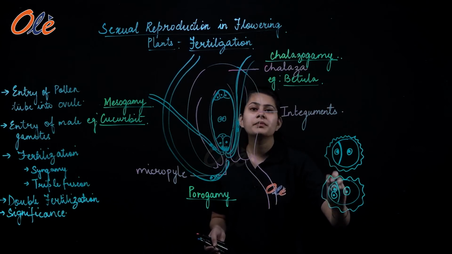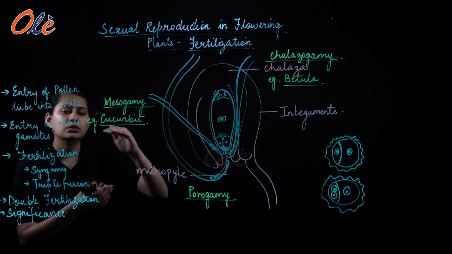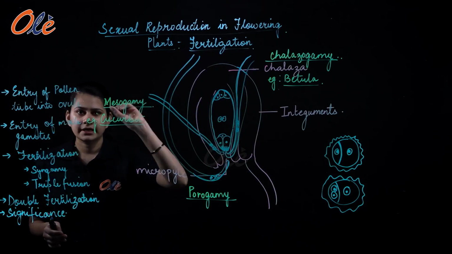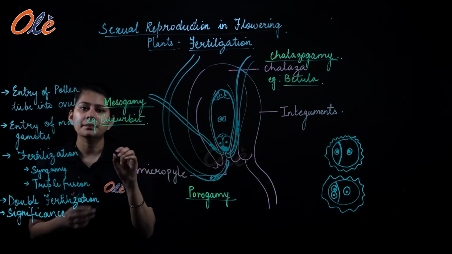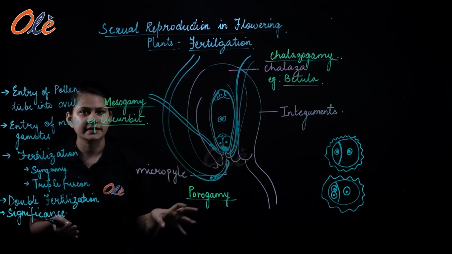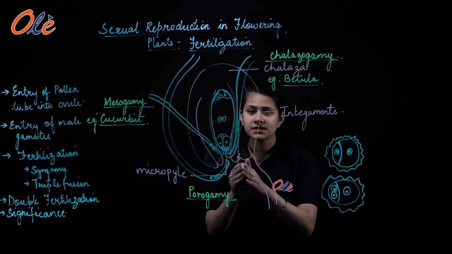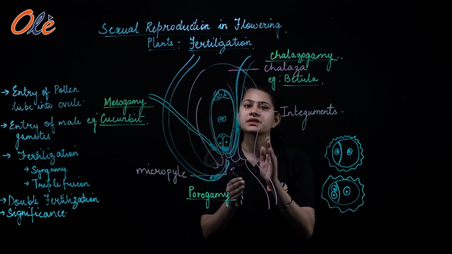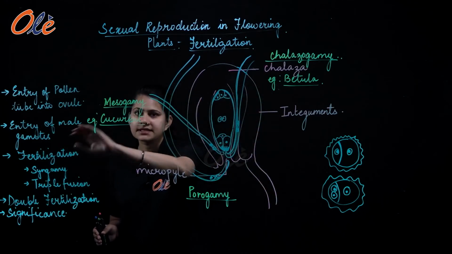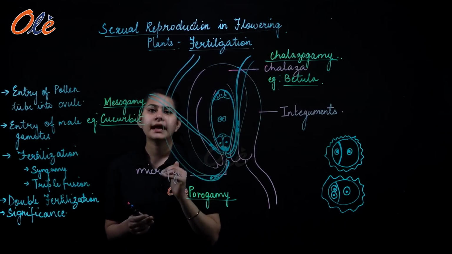Now when these 2 male gametes have reached the end of the pollen tube और egg apparatus के बिल्कुल entry पर होते हैं, तो क्या होता है, the pollen tube tip degenerates या burst कर जाती है, releasing the 2 male gametes to move into the synergids, right? So the 2 male gametes are going to move into the synergids through the filiform apparatus by the bursting of the pollen tube. So this is about the entry of the male gametes. It will move into the synergids by the bursting of the end of the pollen tube.